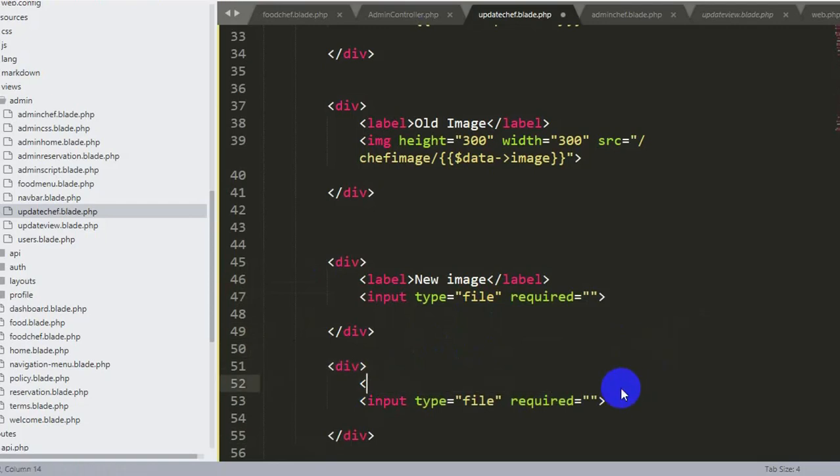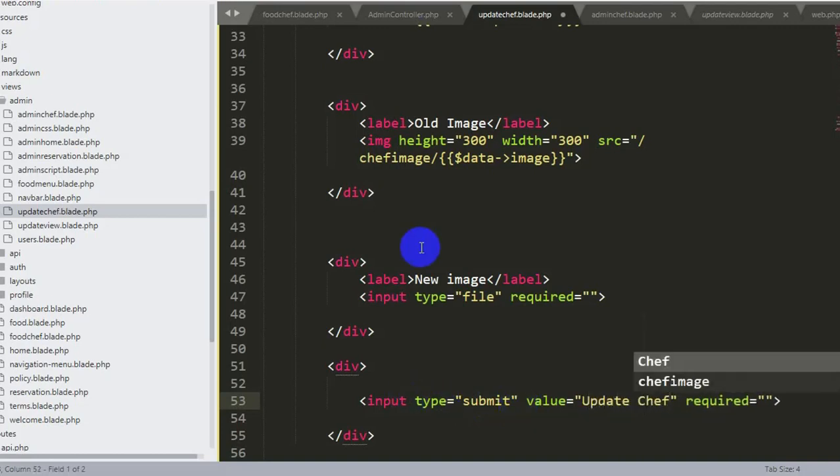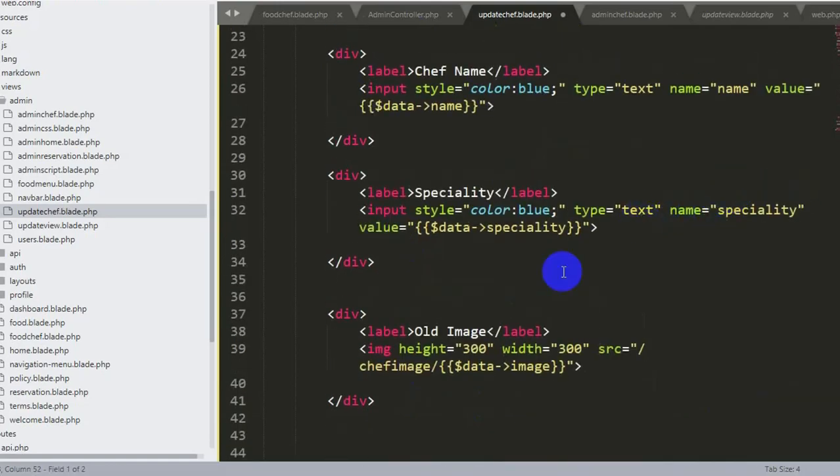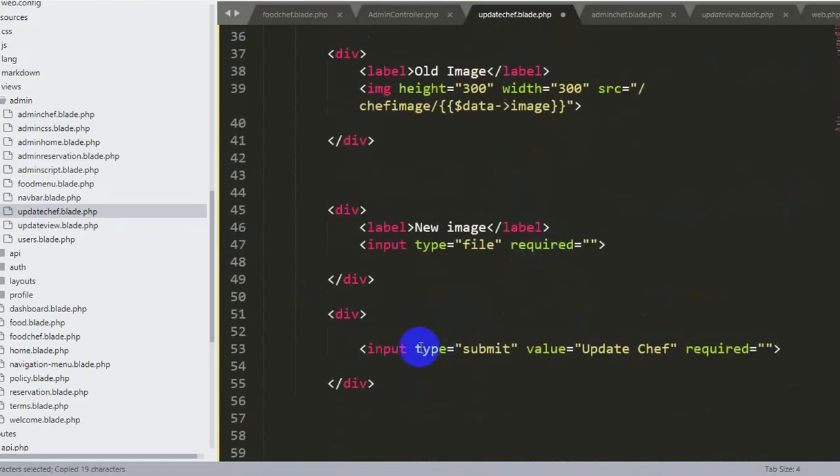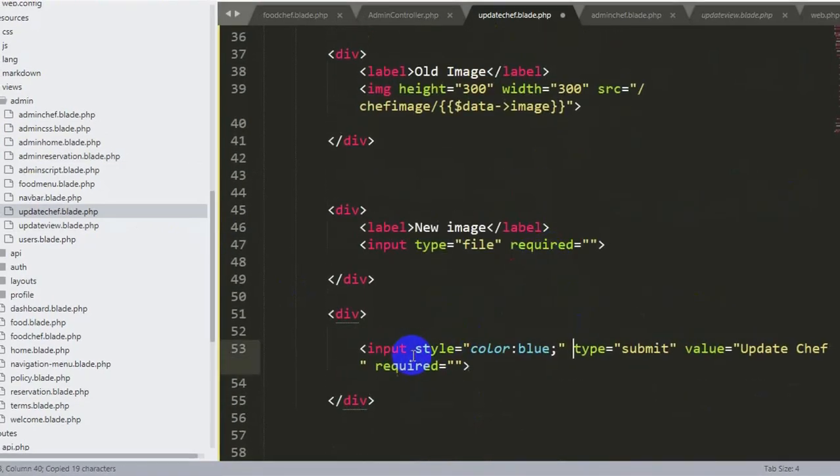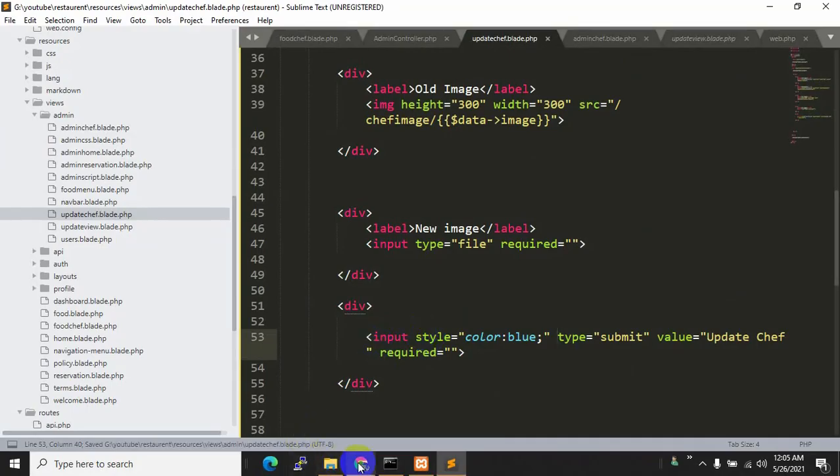We don't need a label for the submit button, so the input type will be submit, and the submit button will have a value, let's say update chef, and let's add a style over here as well. So let me just copy it, Ctrl C and Ctrl V. Let's save it, Ctrl S.